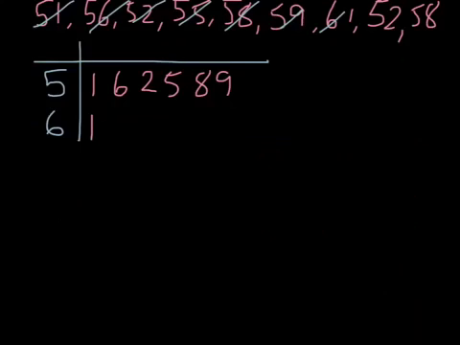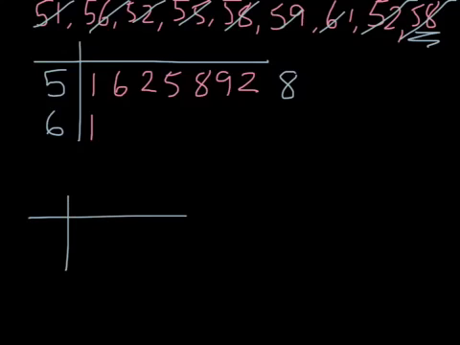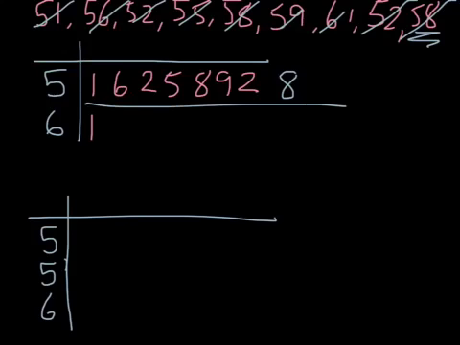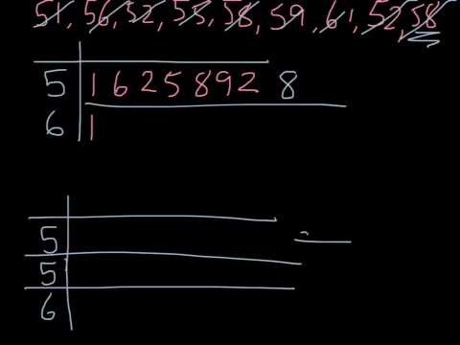In some cases, you may have too many data values that you can't actually fit on this plot. There's no room. Sometimes what you need to do is actually have 2 rows for each stem. So instead of having all of them on one row, you split it into 2 rows, and in this row here, you have the digits 0 to 4, and in this row, you have the digits